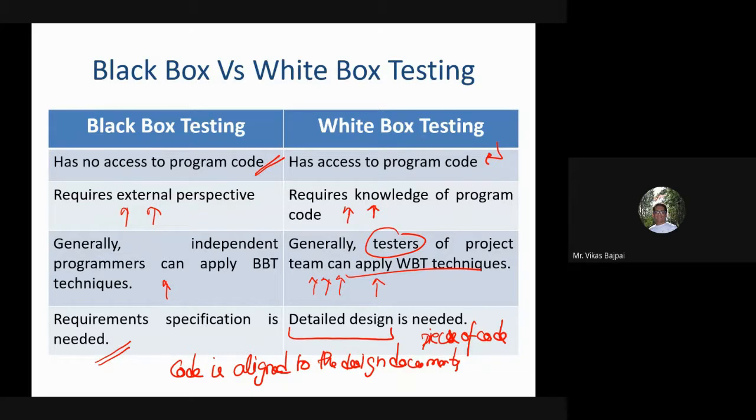For that sake, I'll prefer to have the detailed design. Yes, Latika has given, very correct, for identifying the errors as well.